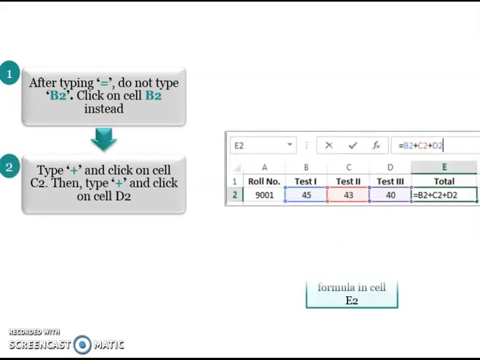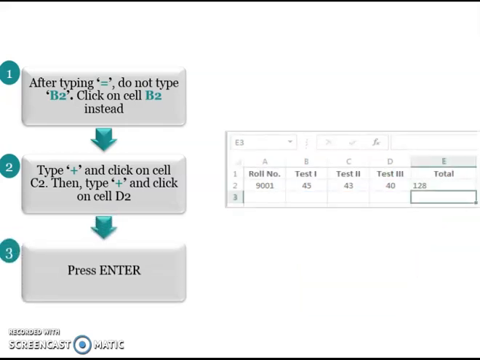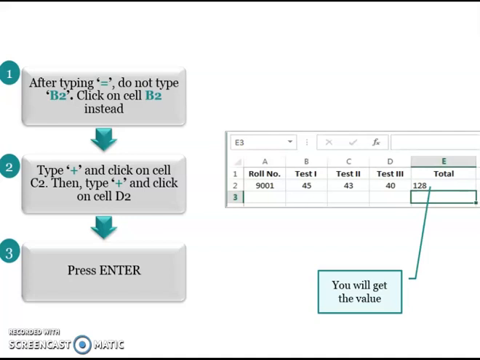Then I have to enter the plus sign because I'm doing the addition. Then again click on the second cell C2, meaning the 43 value. The cell reference will be added on the formula bar, and press enter. The same result will be shown.